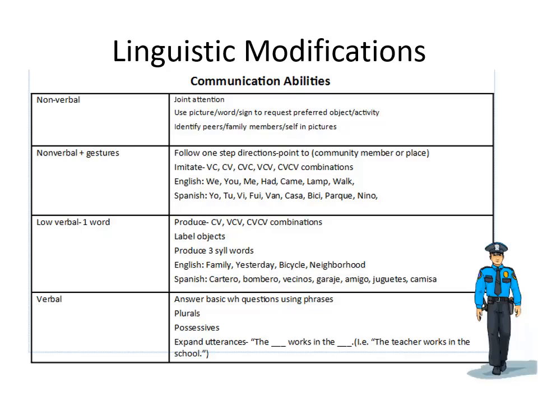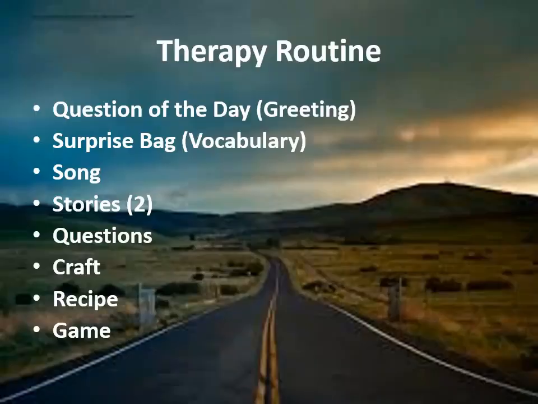And we have it in English and Spanish on our example because, as I mentioned before, we're bilingual. So all of our therapy materials are in English and Spanish. And for our low verbal children who are at the one-word level, we have chosen target vocabulary words to use during this lesson. And for children who are verbal, we've chosen target sentence structures that we'll be using over and over again during this lesson on My Community. So now that you've planned out your modifications in a systematic way, you can just cruise along with your therapy